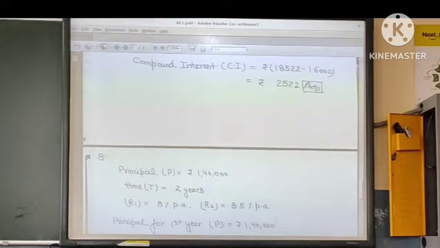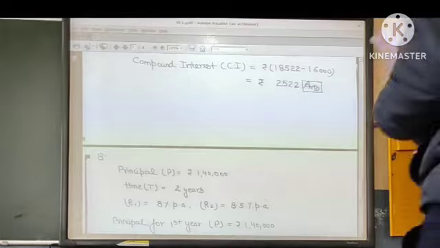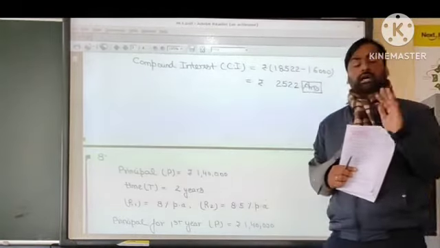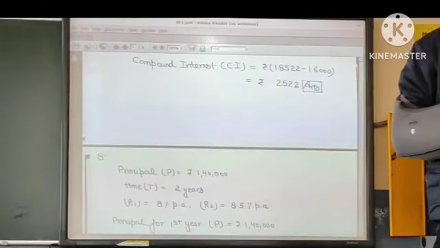The rate of interest is, now this question is a little bit different, because there are two different rates of interest given here. The first rate is 8% and the second rate is 8.5%. When we use the simple interest formula to calculate compound interest, time remains 1 year, but the rates can change, R1 and R2. That is why I have given two rates. One is R1, one is R2.